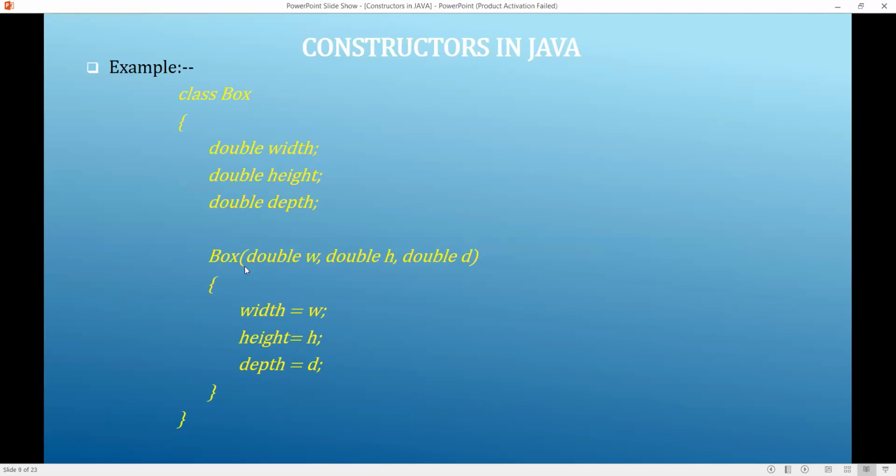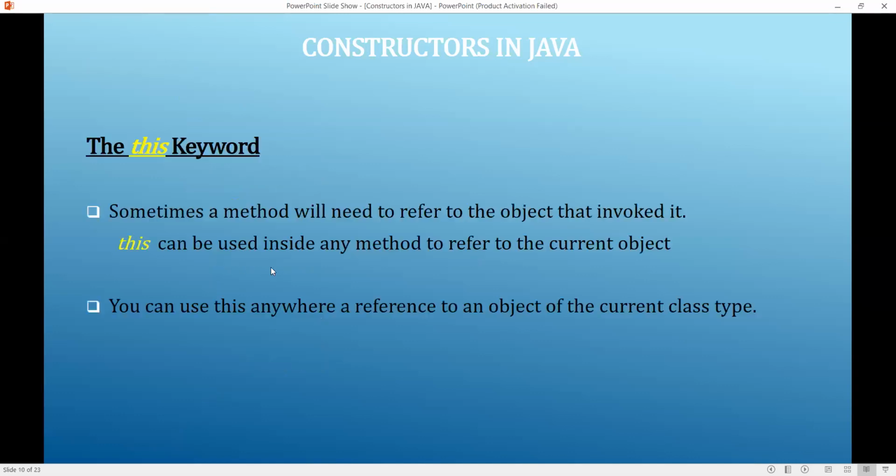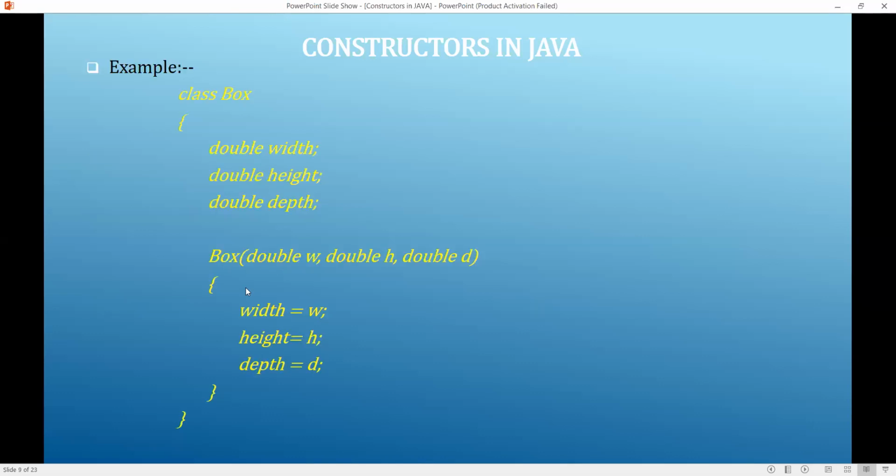For example, you see our same Box class, and width and the rest are the same. Now the difference is here. Earlier our constructor had no parameters, but here there are parameters we are passing. Whenever you create a constructor and pass arguments to it, that is known as a parameterized constructor.